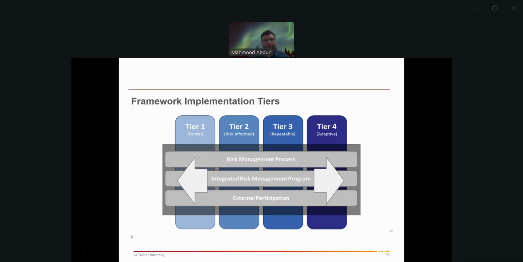The next level up is risk informed. In risk informed, you at least know all the issues, or the main issues, related to cybersecurity exposures. For example, you know what a DDoS attack is and what kind of backup systems you need in order to avoid a DDoS attack on your organization. You probably know about authentication, right?